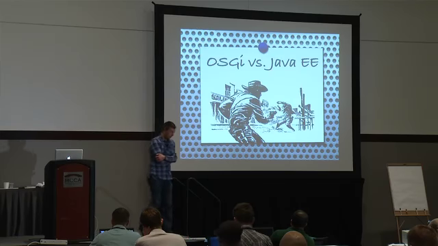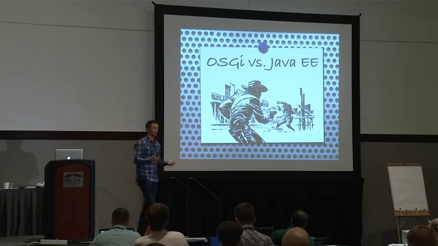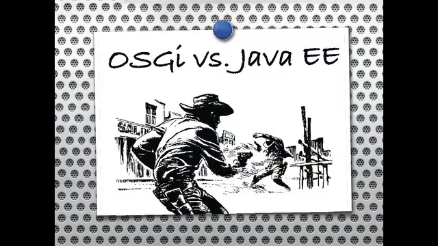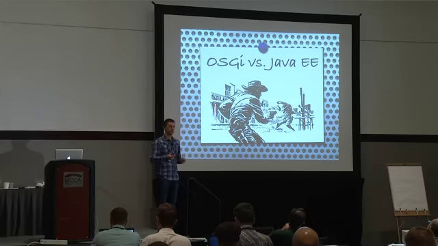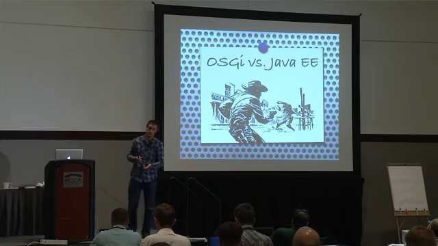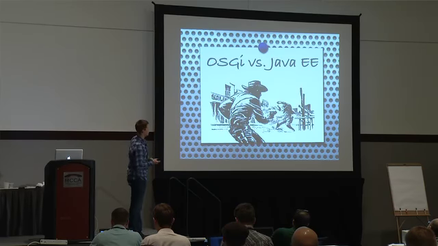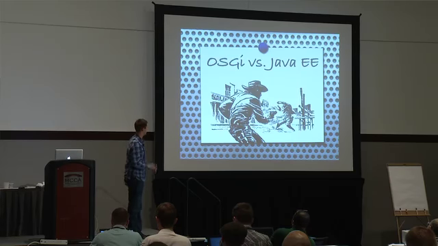But we didn't only want to use OSGi. In the past, it's always been, well, more or less a shootout between OSGi and Java EE, because the OSGi guys always said, well, Java EE sucks and it's heavyweight and not modular, etc. And the Java EE guy said, well, if you start doing OSGi, well, great, you have modules, but you can't really build an application with it because you don't have transaction management and you don't have a web framework, etc. So neither one of those is actually the right way to do enterprise development.